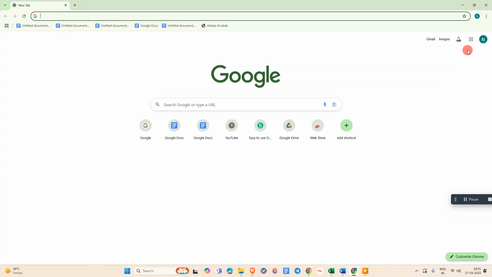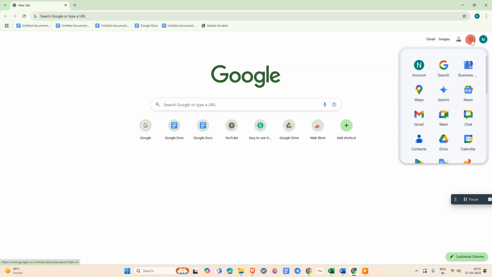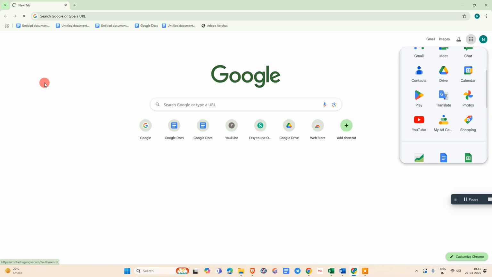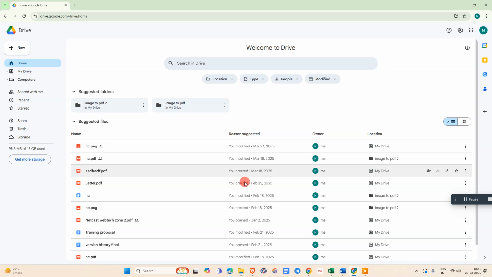First, open your browser and log in with your Gmail account. After you log in, just click on this menu icon and go for Google Drive, or you can simply search for Google Drive in browser. So this is the interface of Google Drive. As you know, this is the Google Drive where you can